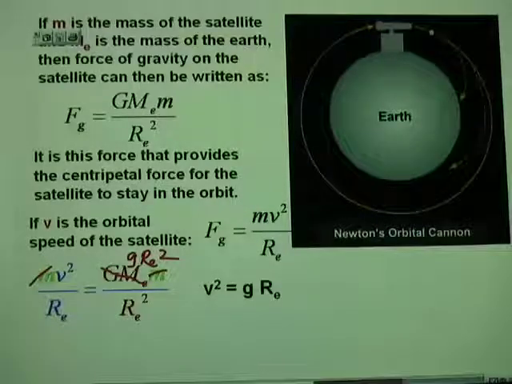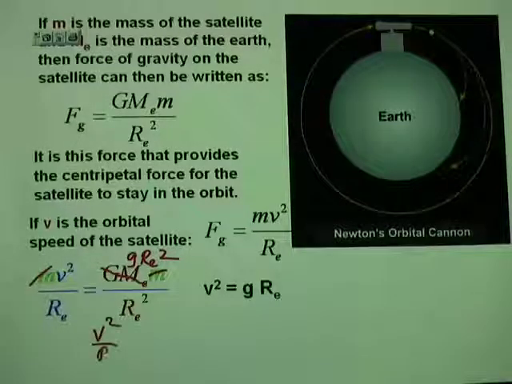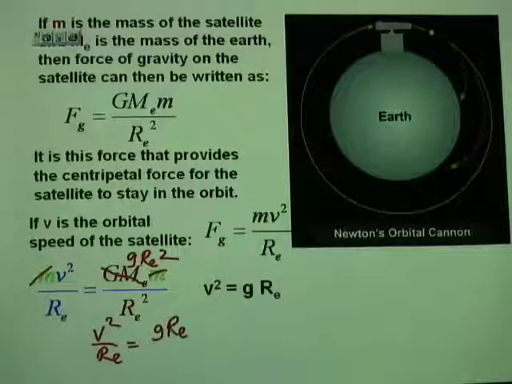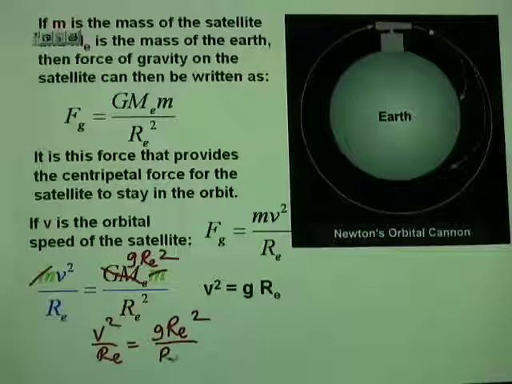If GME is GRE squared, you can now have V squared over RE equal to GRE squared over RE squared. And multiplying by RE, I can make that RE cube, and RE squared on the denominator